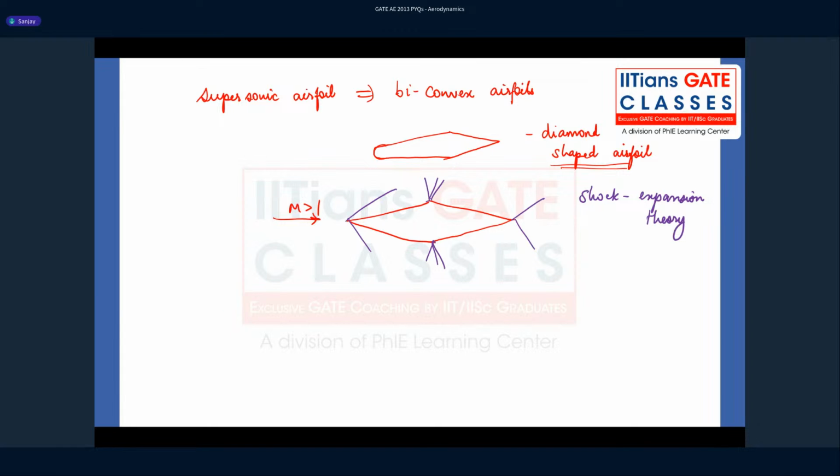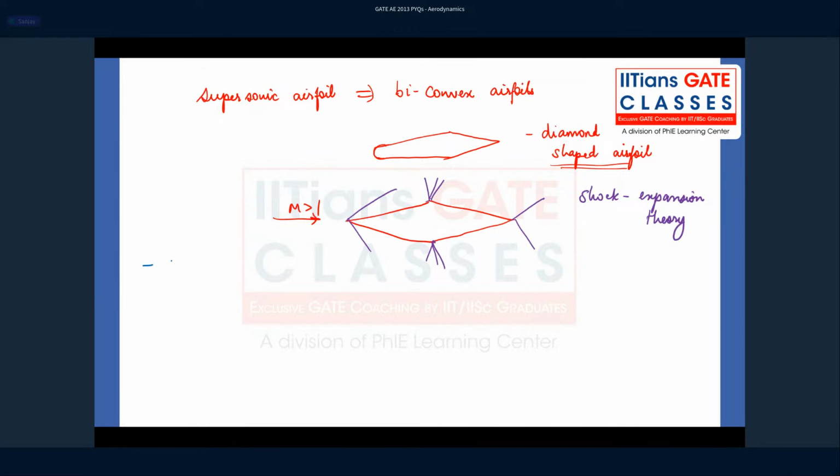All right, but that was just about supersonic airfoils. But what does this question ask? When you have a supersonic flow and a supersonic airfoil, biconvex or a diamond-shaped airfoil kept in such a flow, you're going to encounter obviously lift and drag because of the shock expansion, because of the pressure differences, which is generally due to the shocks and expansion waves. Now, if you place this airfoil at an angle of attack, say alpha, then we know